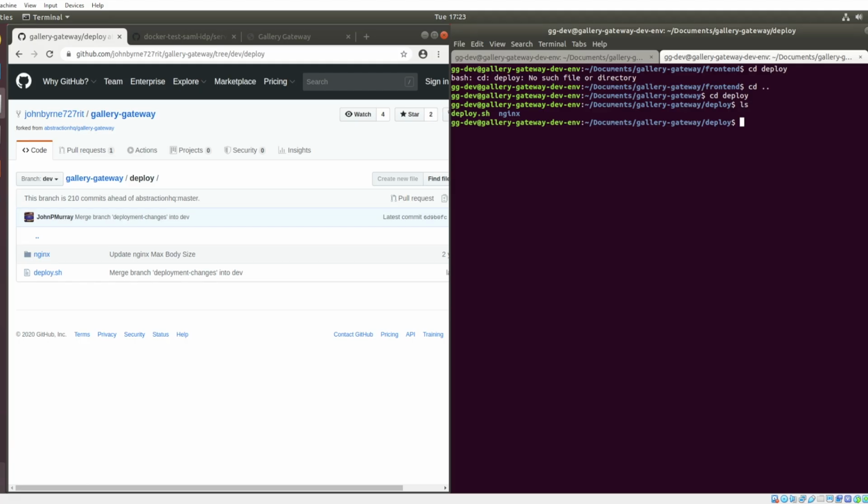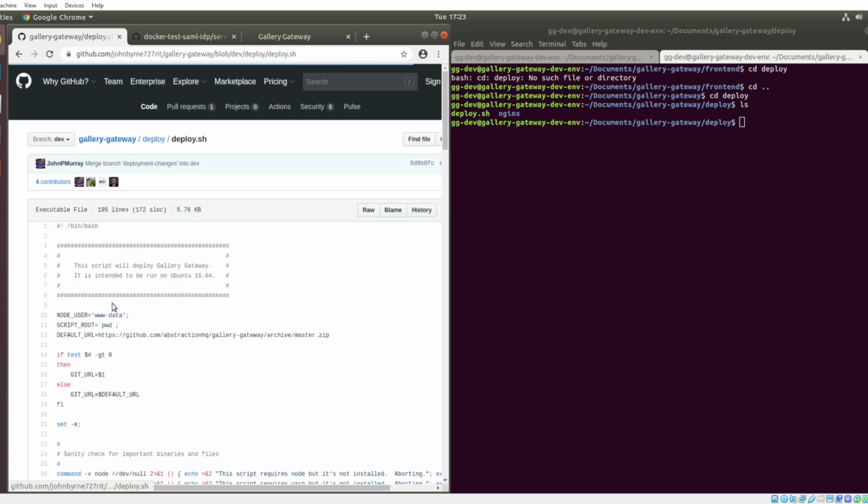And what you are going to do is download that script onto the server which you are deploying from and run it with